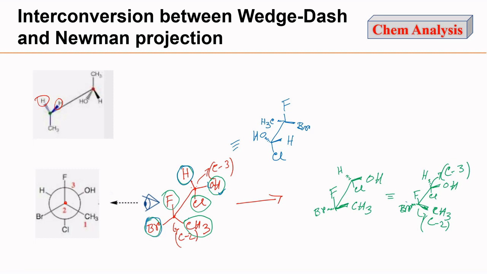So the point is, it does not matter in which orientation, that is in which side you are viewing the molecule, the structure resulted in both the cases will be similar, that is this and this structure will be similar. Let's see whether this structure is similar or not. So for that we have to draw the corresponding Fischer projection formula, and if you draw the Fischer projection formula corresponding to this, then it will look like this one.